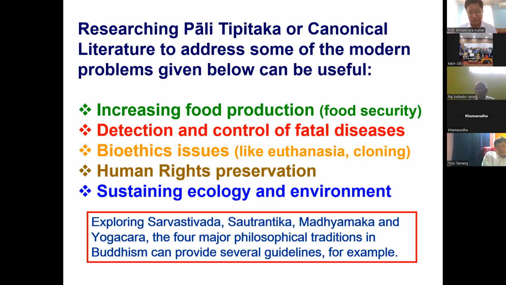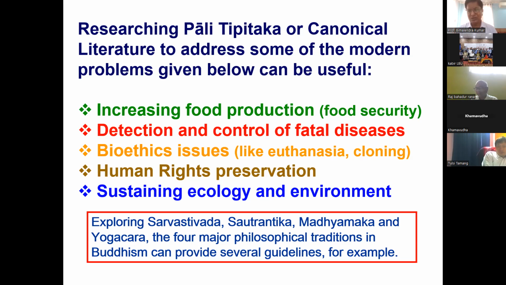Then bioethical issues like euthanasia, cloning, nowadays old age problems and the cloning. There are so many bioethical issues which are affecting the life of a human being. So these can also be developed in our society, and researches can be done also. How the human rights can be preserved through the teachings of the Buddha or the Buddhist literature. We have to make a study of it. So we have to make investigations through the